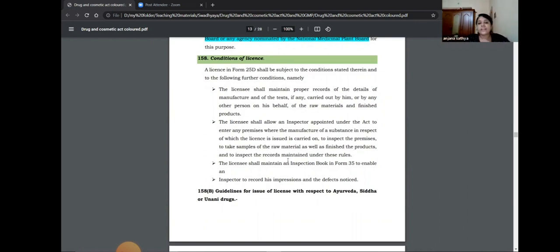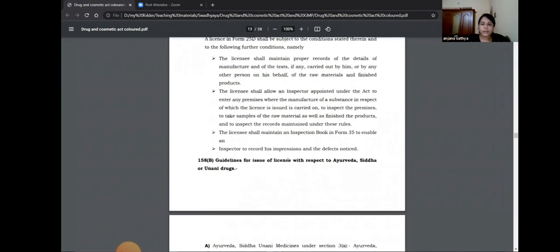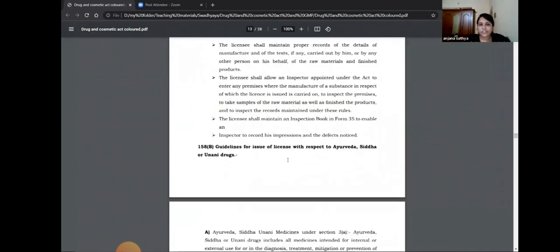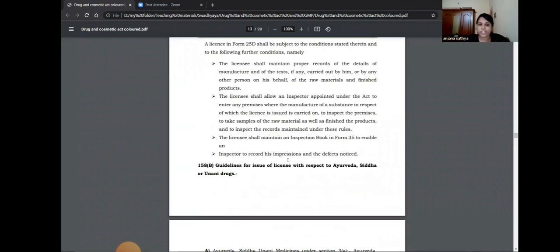any premises where the manufacture of substances occurs. The licensee shall also maintain an inspection book. The inspection book has a form which is mentioned in Form number 35. So the inspector can record the impressions after the inspection in this form. Okay. So these are the first set of conditions,